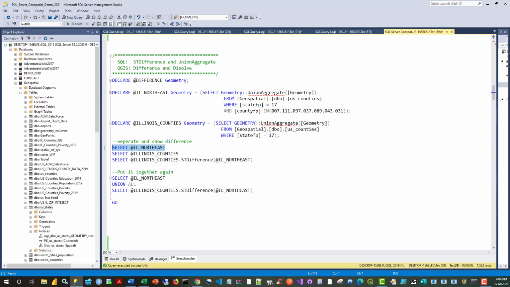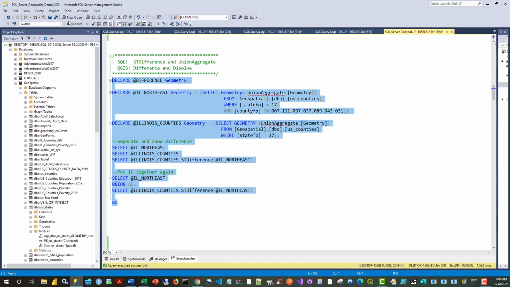Then I'm going to select this northeast geometry, consisting only of these counties. Then I'm going to collect all of Illinois, the state, all the counties in the state. And then I'm going to look for the difference. Then I'm going to put it all together again. So when I run this query and I look at the output,